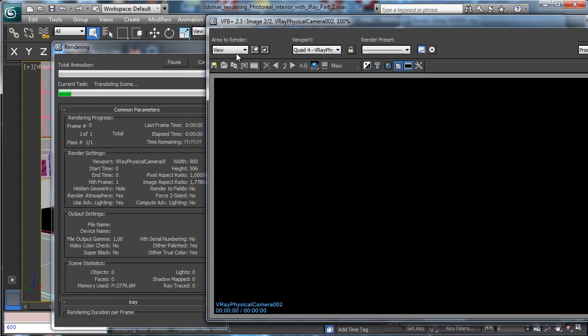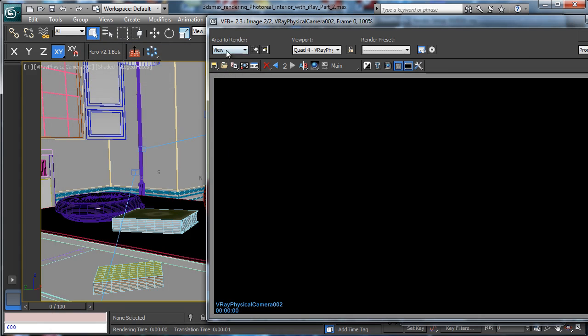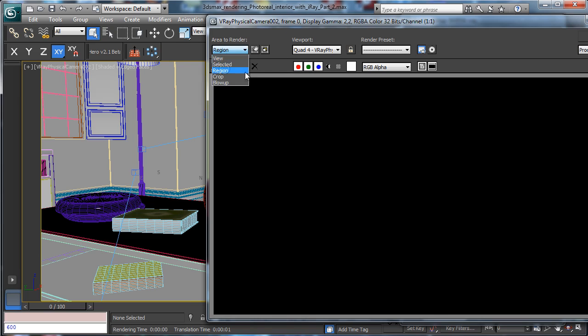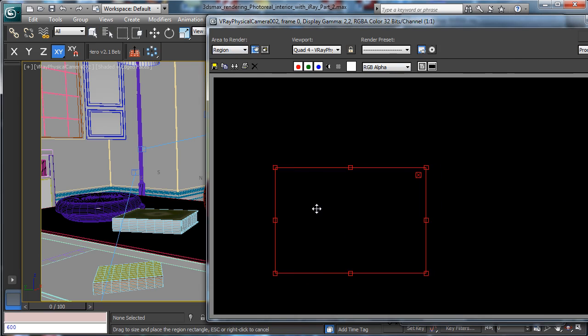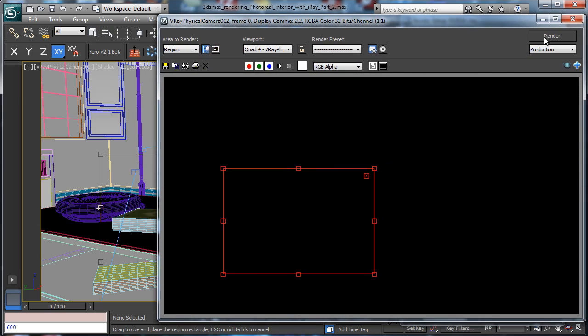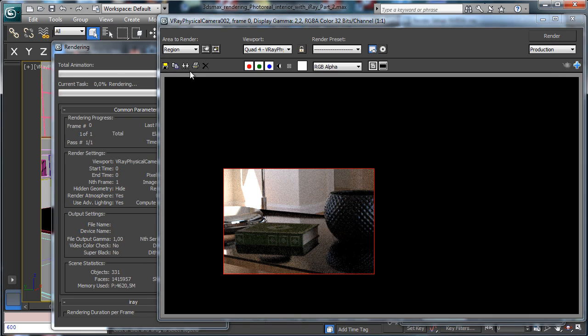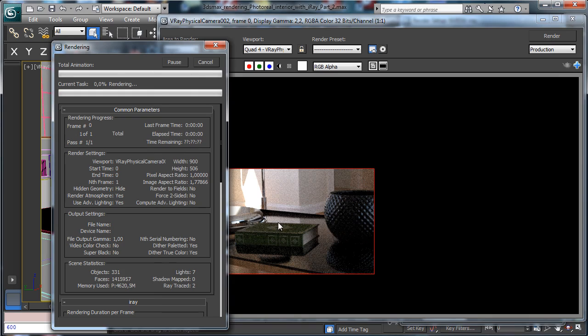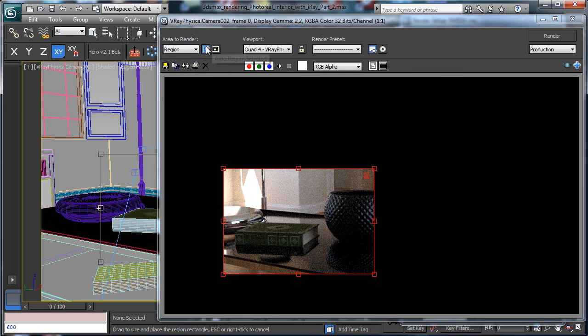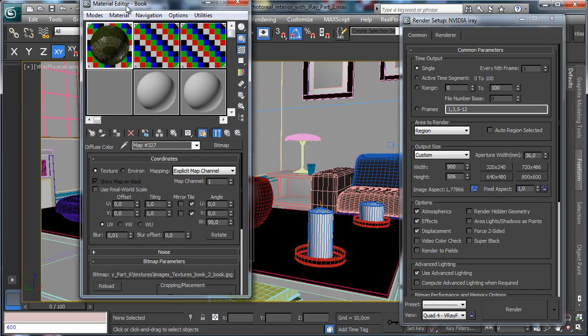Let's stop. Sorry, I am removing the virtual frame buffer plus. I'm using them. We can go in region, and let's move in this area and render. Okay, you see that it is working in the right way. We have the nice looking book, so we can do the same thing for the other book, and we'll do